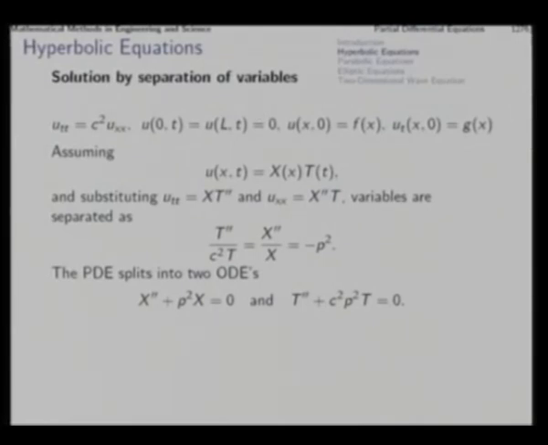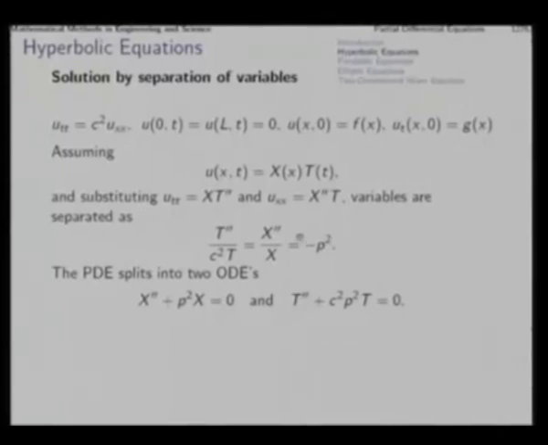In order to be able to satisfy the given boundary conditions, it is important that we look for that kind of a value of the constant of separation which will give us a periodic solution, which after starting from 0 will come back to 0, and therefore we must take a non-positive constant here. As we take that minus p square, then as we equate this to minus p square, we get